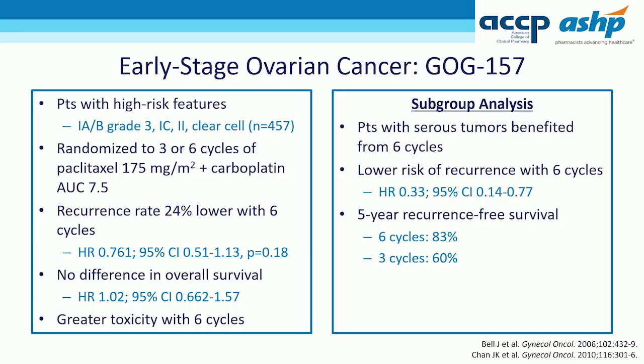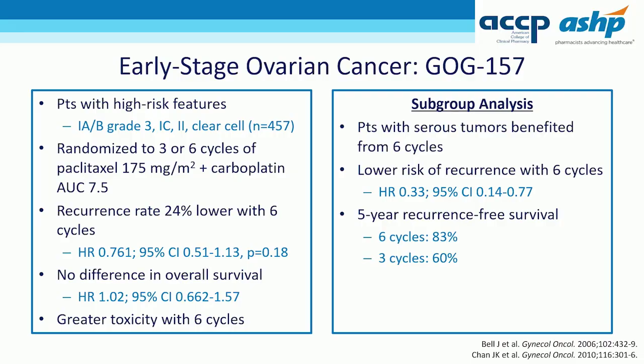And what we found was there were lower recurrence rates with 6 cycles, but we also saw greater toxicity and no overall survival benefit. So for this reason, that's why it's an option that you could do 3 or 6. I will note here that the carboplatin dose that they used in this trial is a higher AUC than we are standardly giving. So the carboplatin AUC was 7.5 in this trial rather than the 5 to 6 that we're